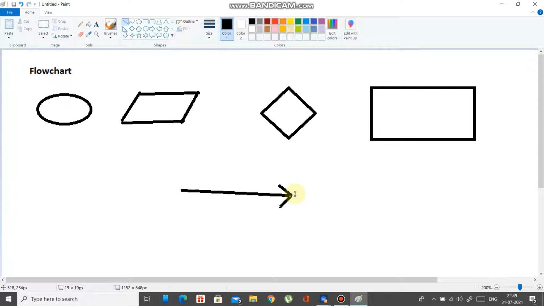So these are some basic diagrams which are used to represent a flowchart.